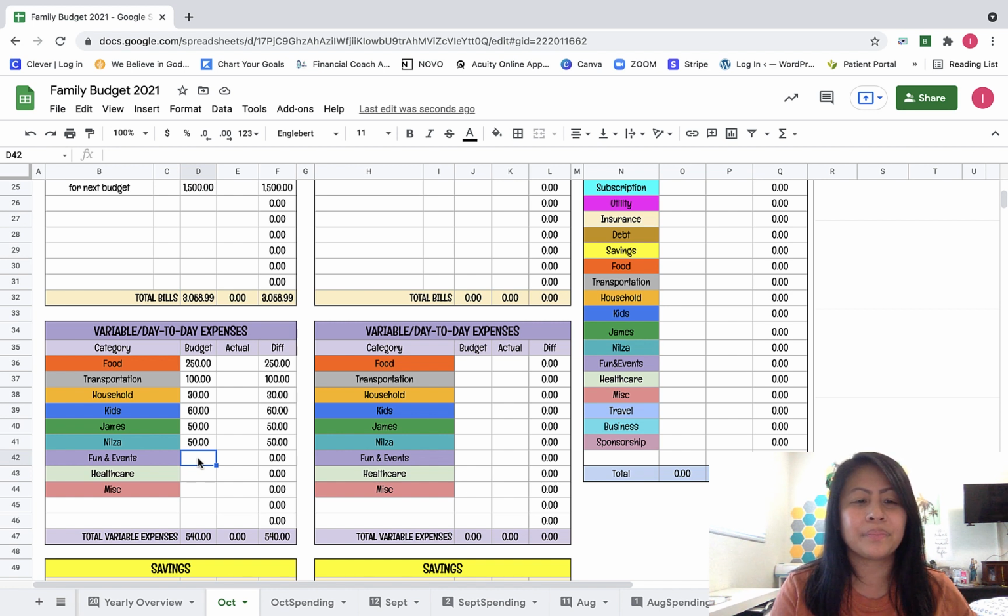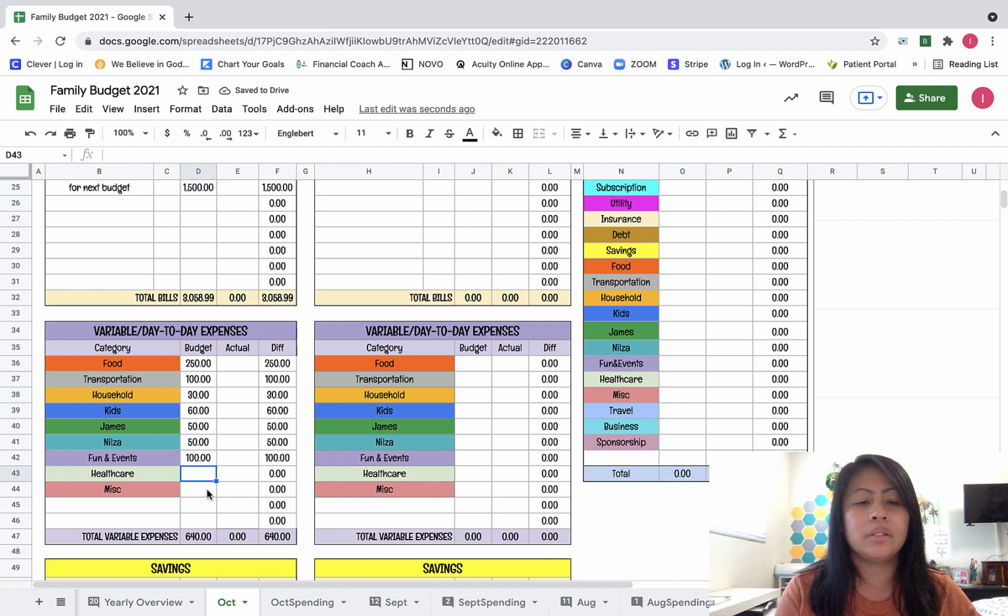Fun and events. We do have a birthday party, pumpkin patch, couple of craft things I want to buy. Not expensive. I'm probably just going to go to the Dollar Tree or see what we have at home still. We also still, I think, just pumpkin patch. We usually don't buy a ton of stuff. It's kind of expensive there. We just go there for the photos. I'm going to put 100 and see. I mean, we don't have to use it all, but